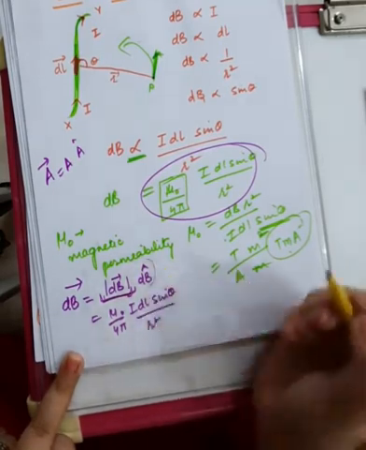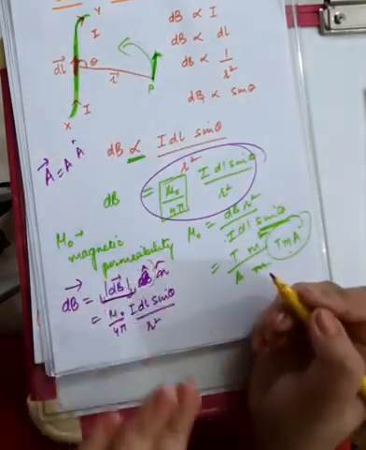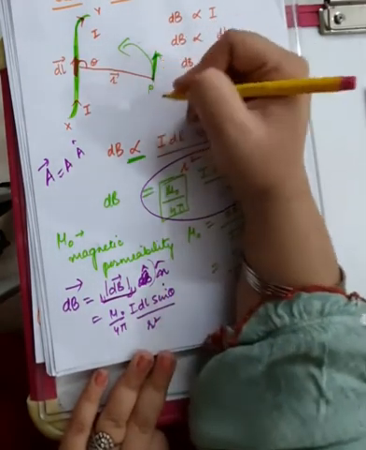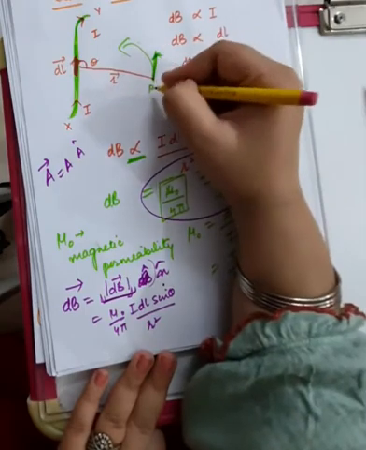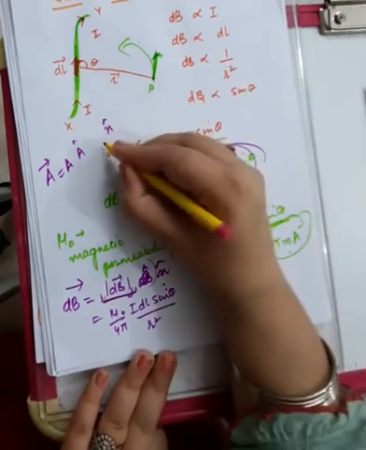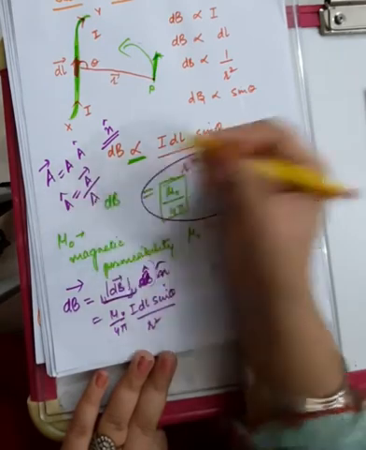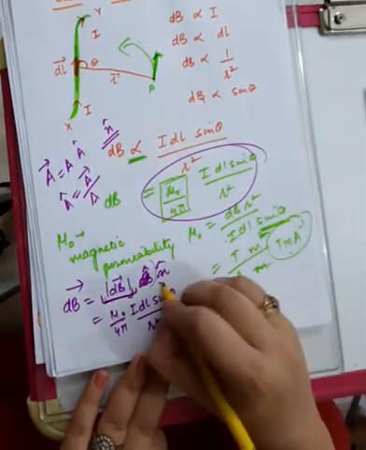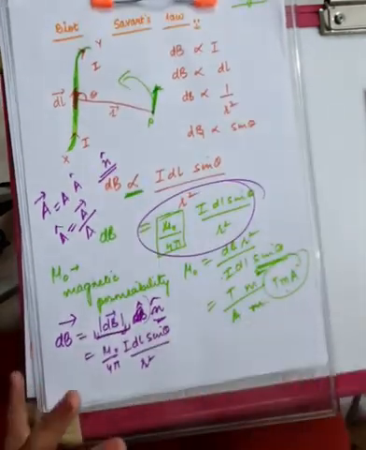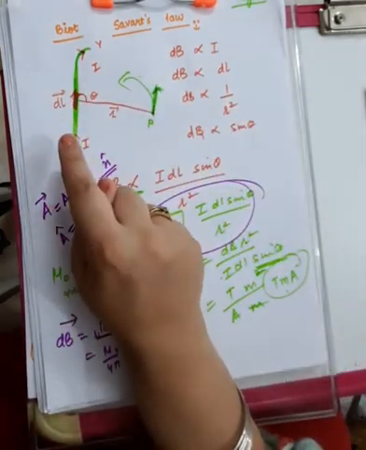And what about dB cap? Let us write it as n cap. And I know that it is going inwards. So I'll talk about n cap in detail now. When it is going inward, I need to check which vector will be acting inwards. Remember that any unit vector is simply equal to vector divided by its magnitude. So n cap is simply a direction. So in place of n cap you can take the direction which is going inwards. And which direction will be going inwards?